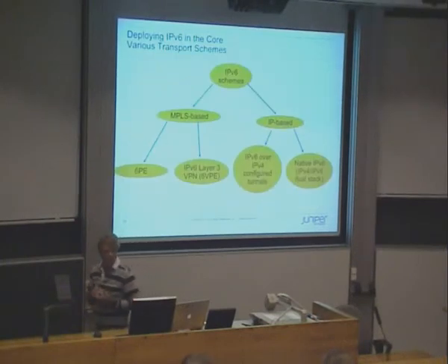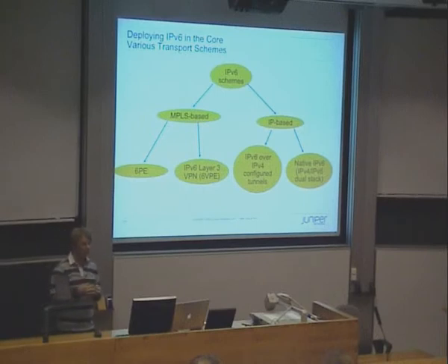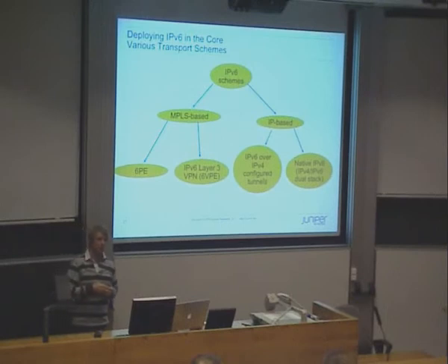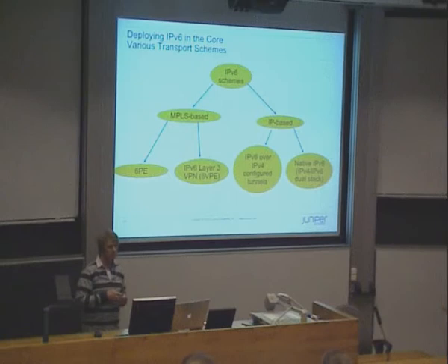So, transport schemes from the service provider point of view in a core network. You have IPv6, and then you wonder what's the best way, either MPLS based or IP based. Many of the commercial service providers have MPLS enabled anyhow. Practically every commercial service provider that is selling internet services and VPN services has MPLS. So MPLS could be used as a transport mechanism over the core